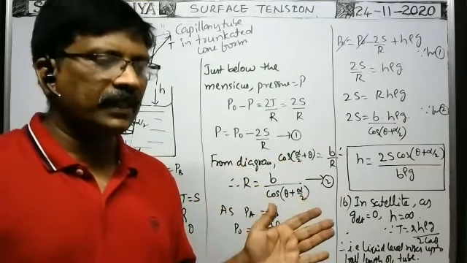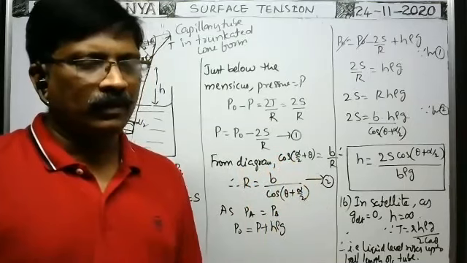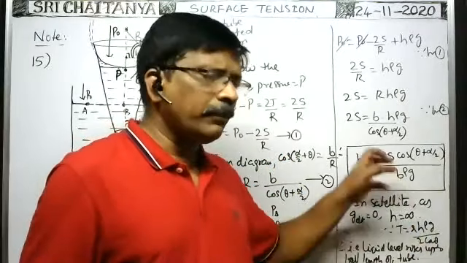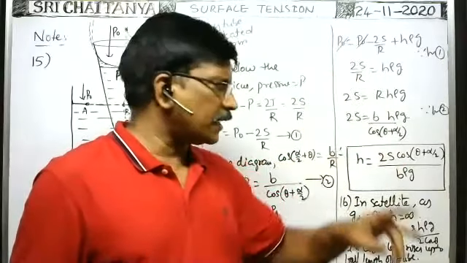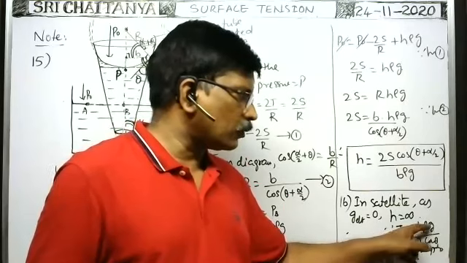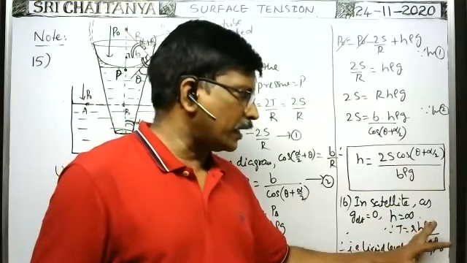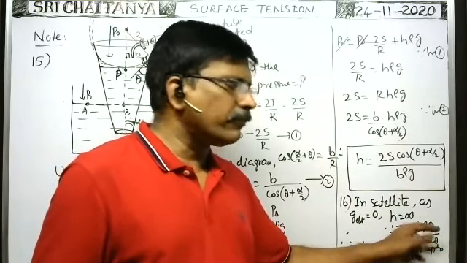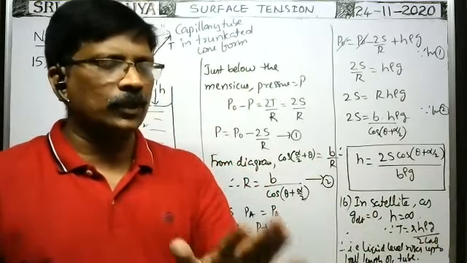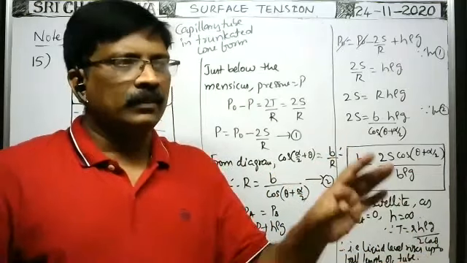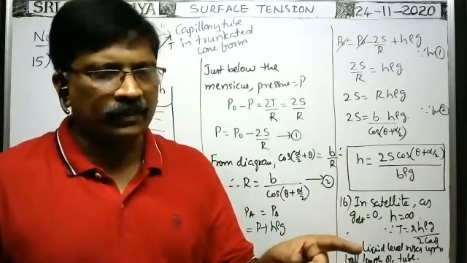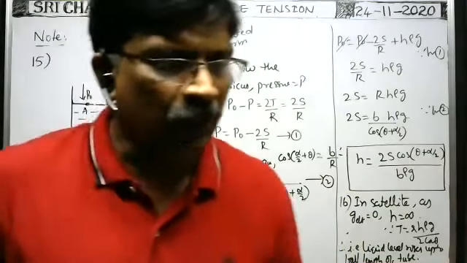Capillary rise on the surface of the earth is h. Then from the formula T is equal to rhρg by 2 cos theta, the same equipment is used there and also on the surface of the moon. That's why T is constant, same capillary tube so r is constant, rho is constant, cos theta is also constant. Only h value and g value change. So hg is equal to constant. h1 g1 is equal to h2 g2. On the surface of the earth, capillary rise is h into acceleration due to gravity g. Yes, 6h, correct. You are right, Punit Kumar.